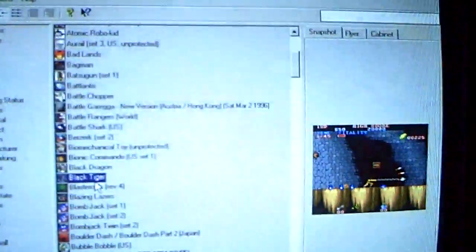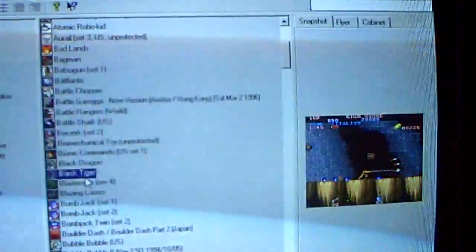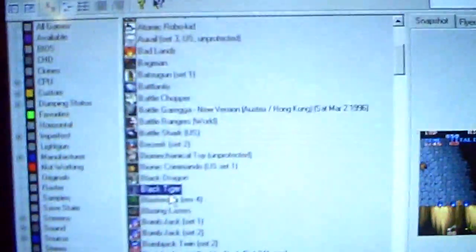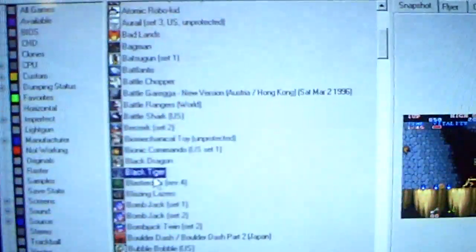In my previous video, I talked about control panel layouts, and I also touched on screen resolutions within MAME games and emulators. One of the reasons I got the arcade monitor was so that I could play arcade games in their native resolutions, but not just limited to arcade games. I wanted to be able to play things like a Nintendo Entertainment System in its native resolution, and it makes